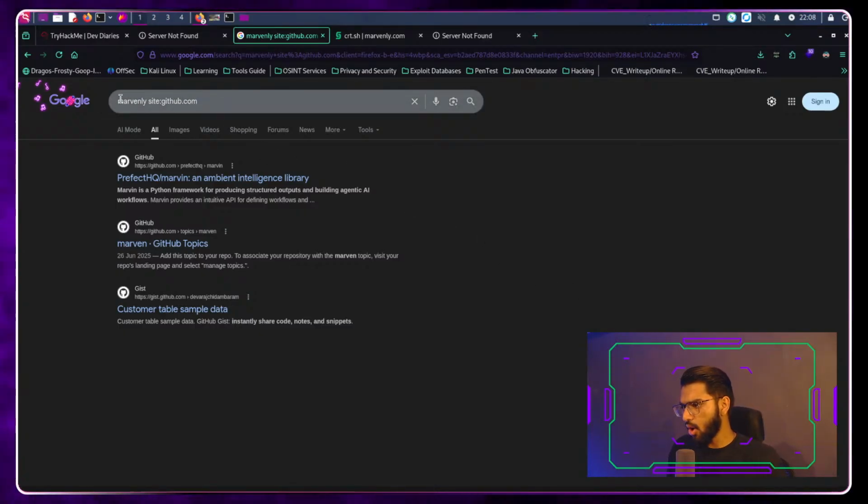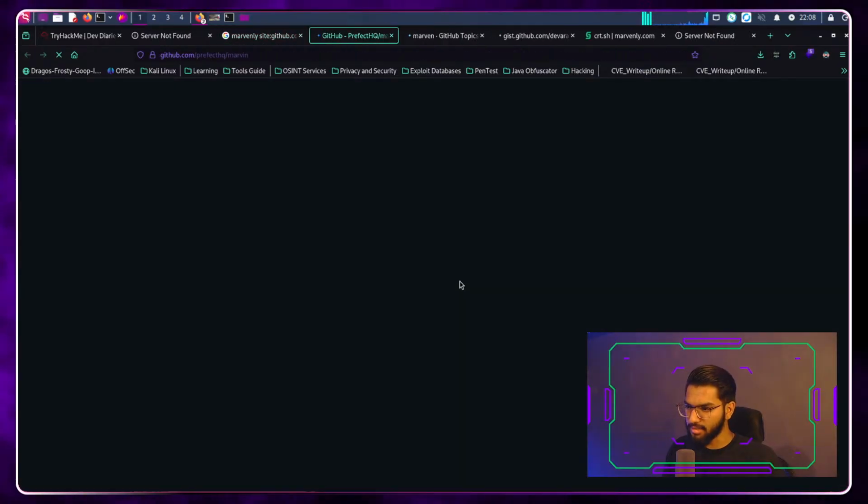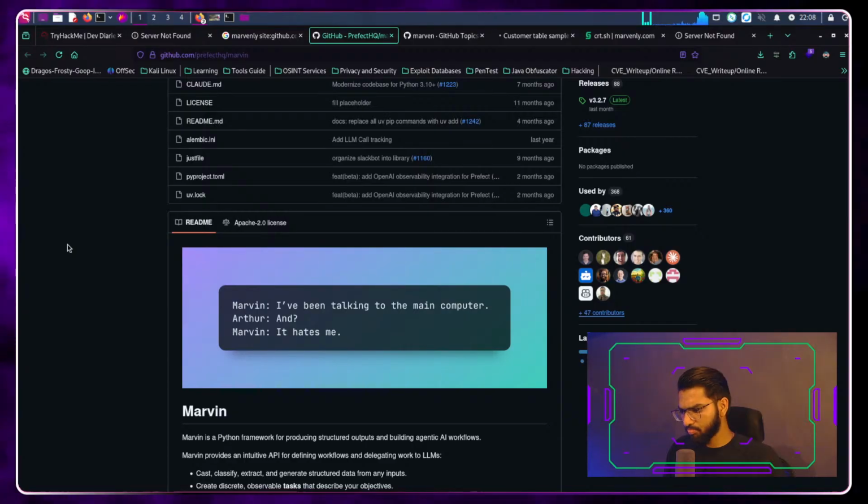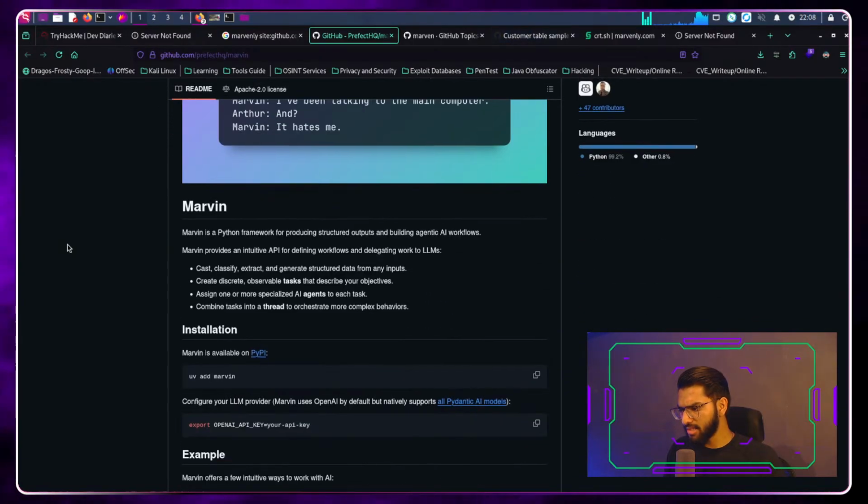So searching for this specific name with the search operator of github.com to specify the site here, I get 3 hit results. So let's open all the 3 in a new tab and check if any one of them matches here. Okay, so I see one here.